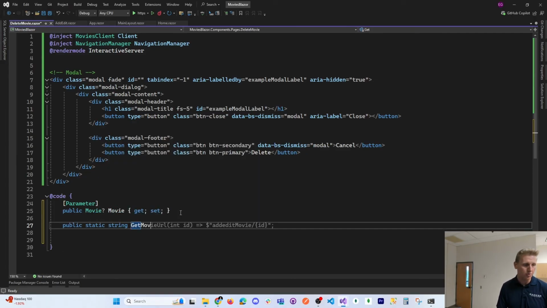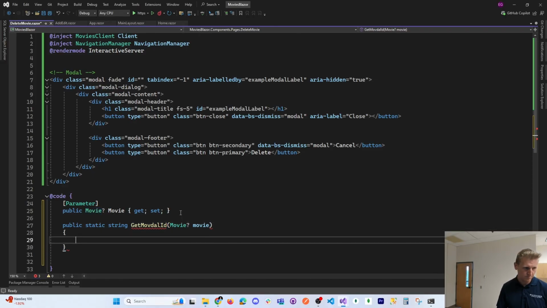string GetModalID, and into this we're going to pass a nullable movie called movie, and this is going to return string interpolation "delete-modal-" and then the movie's ID. Throw a little semicolon at the end